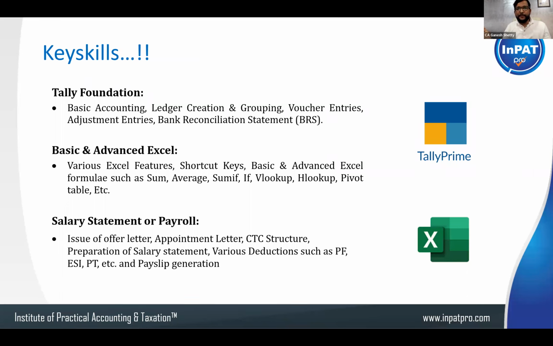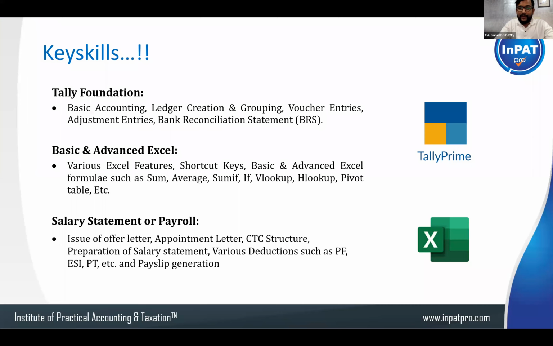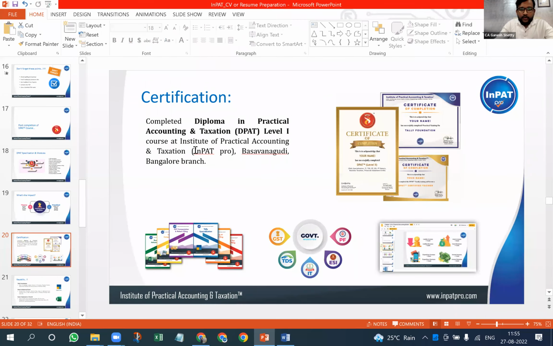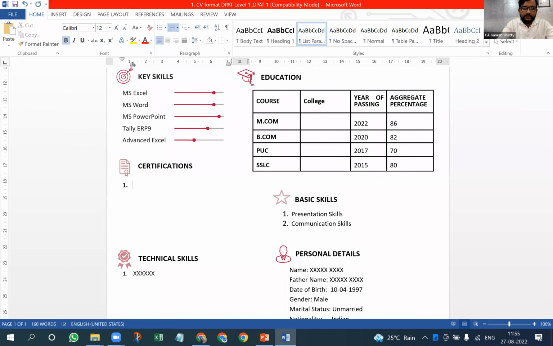Supposing I do not have so much space to add all this. Okay, let me do one thing. In this Tally Foundation, what are the brief 2-3 points I can highlight? Instead of basic accounting, I can write accounting, ledgers, voucher entries, and BRS. That's enough. So, which I was preparing on the CV, right? I'll just add this key skill and highlight this certification. Assume this is the certification which I have done, Level 1 in this institution, for example. So Level 1, this is the course which I have done. I'll just copy this and paste this here.